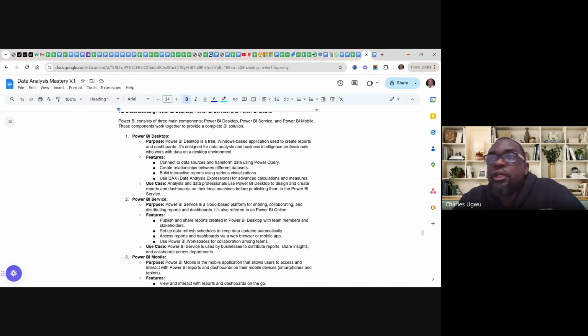Even if you don't have money, if the organization does not have money to procure the service, you can, like what we are doing now, everybody will soon start downloading it. You don't need anything to do that. The organization doesn't need to subscribe before you can use it. In some applications, before you can use them, either you pay or your organization subscribes for you, that is, pays on your behalf. But this one, you just download it and start using it for yourself, whether you are within any organization or not. So it's very, very popular.